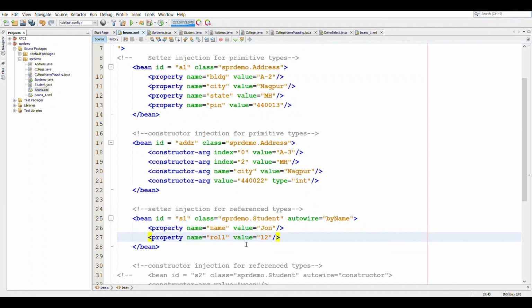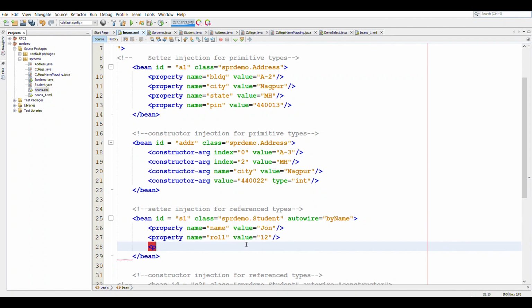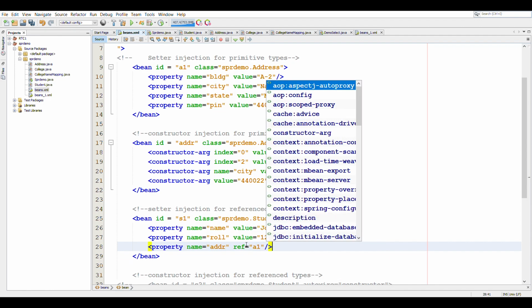One more thing to note when auto wiring beans is that if we explicitly write, let's say we are explicitly wiring the address attribute. So here we write ref is equal to A1.